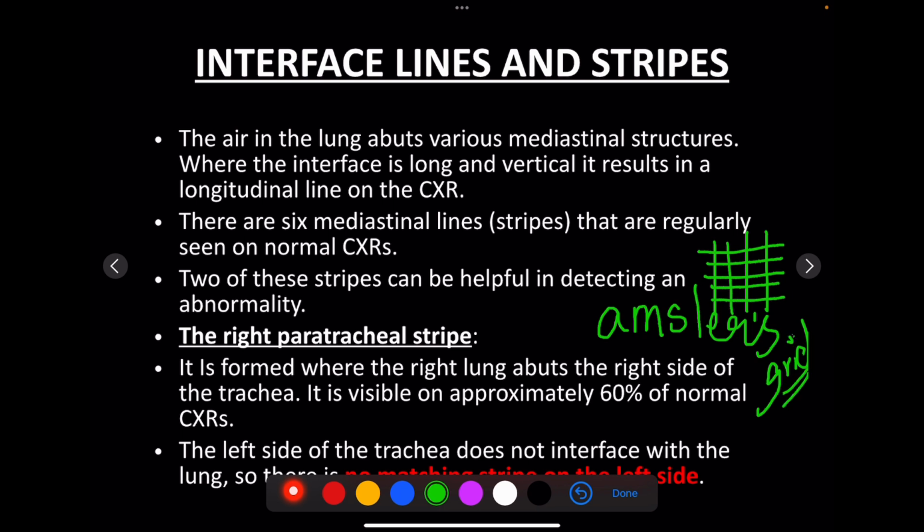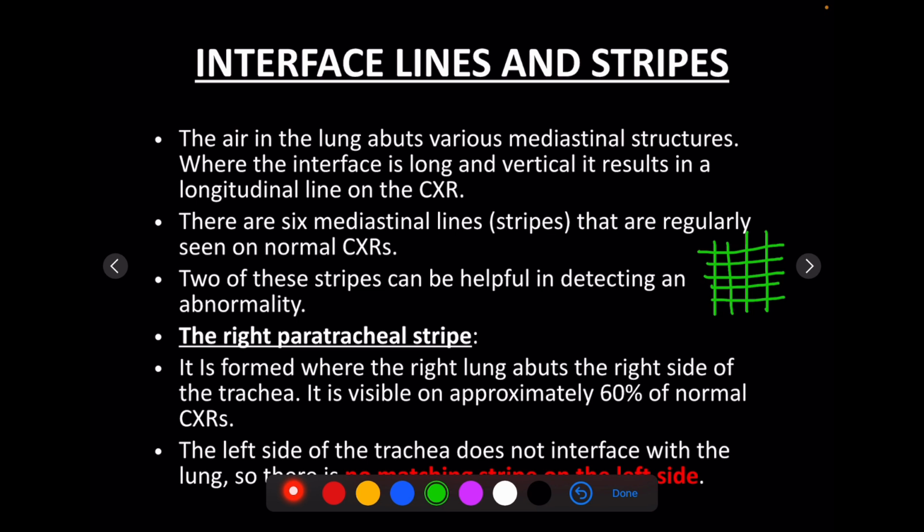Amsler's grid. So what happens is, when such grids are present, if any lesion is present, these grids will distort the contour. Such distortion, contour distortion of lines will help us in finding out what kind of lesion it is and the location